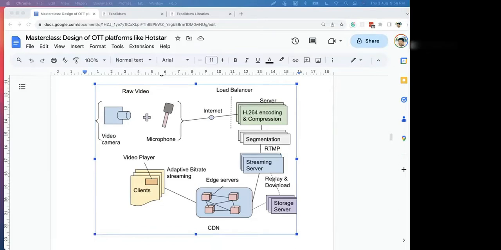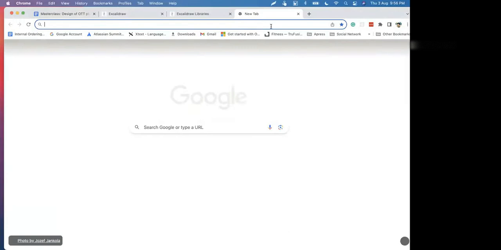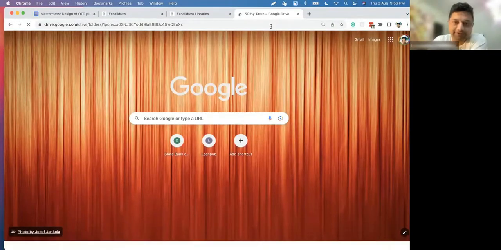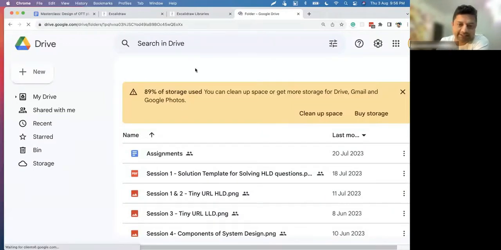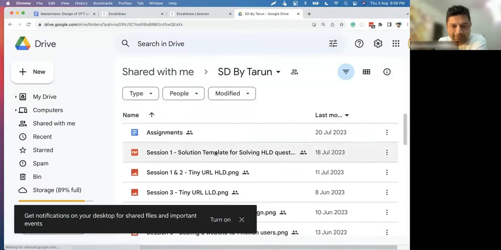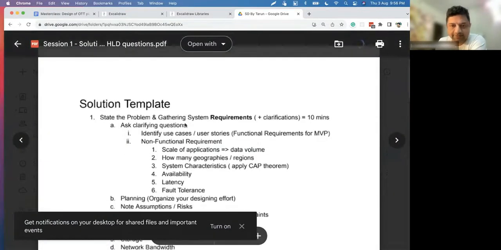Yesterday, you were also sharing some answer template or solution template? Yes, yes. So you'd be sharing that also? Yes, this is there already in the Google Drive. All my notes I share. So here you have this solution template for solving HLD questions. And this is a very important thing.